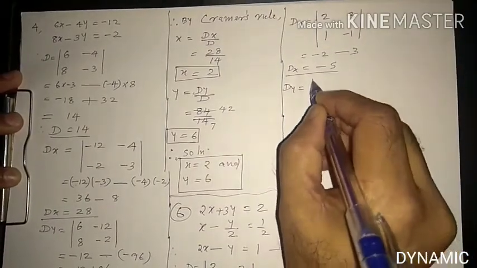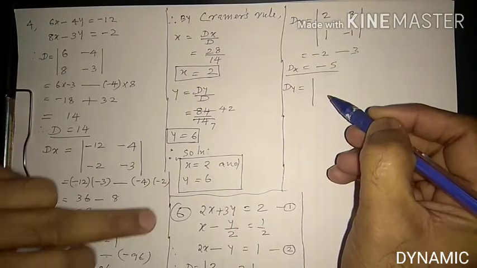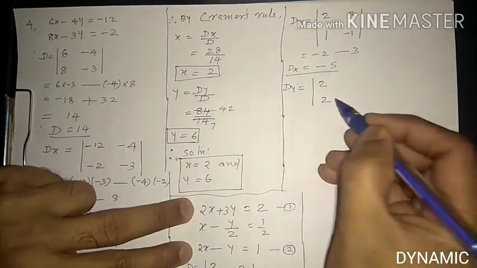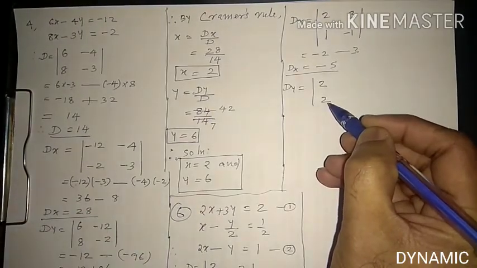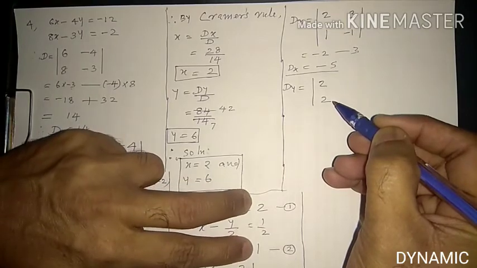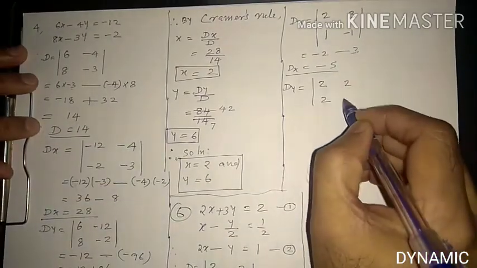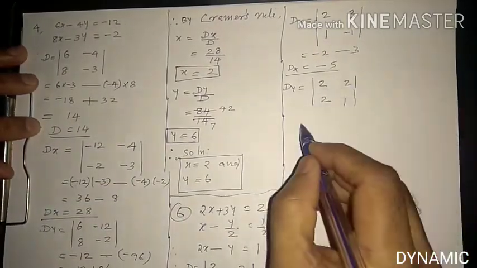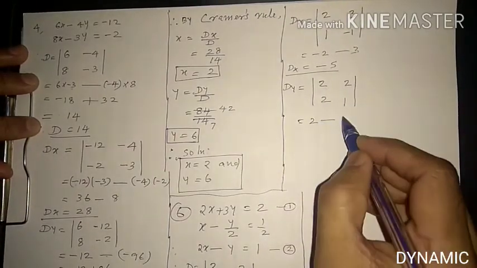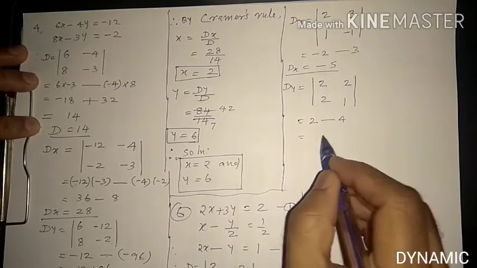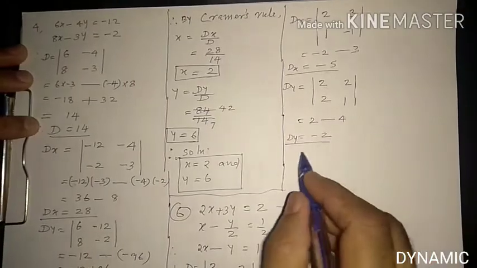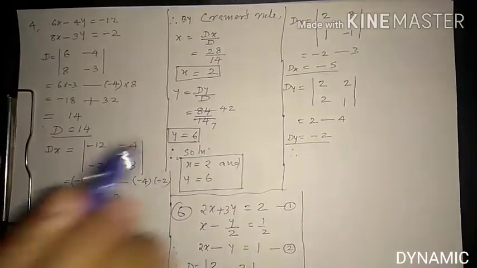Now Dy. X coefficients as it is, 2 and 2. In the place of y coefficients, right hand side constants 2 and 1. 2 into 1, 2, minus 2 2s are 4. 2 minus 4 is minus 2. This is Dy. Therefore, by Cramer's rule,